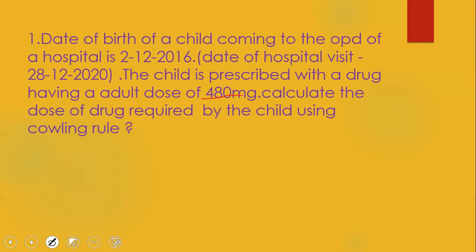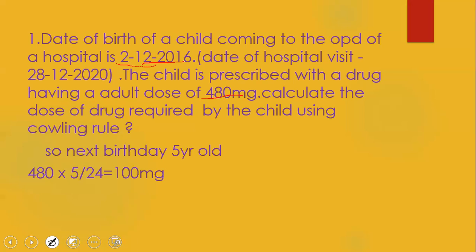So here the child's date of birth is 2/12/2016. So his age is 4 years. 2016 to 2020 is 4 years old. So when he visits the OPD of the hospital, he is 4 years. So the next birthday, how is